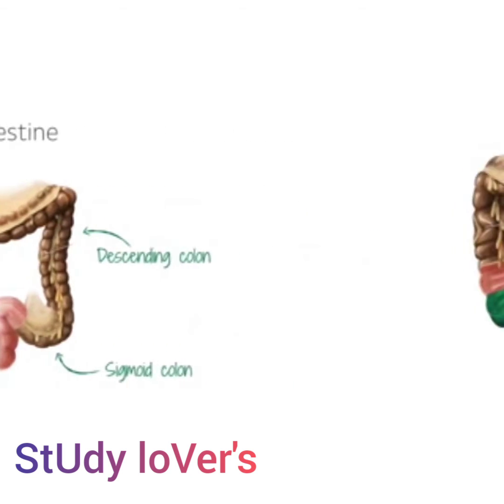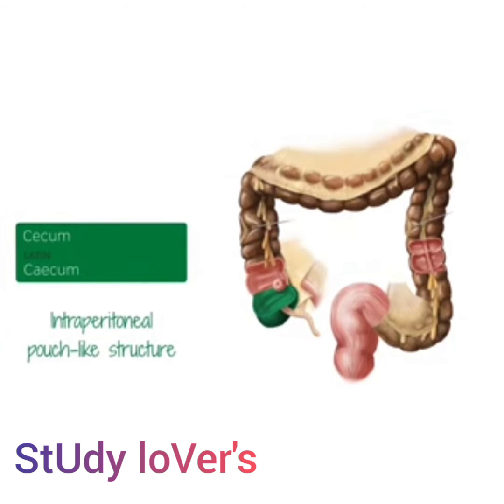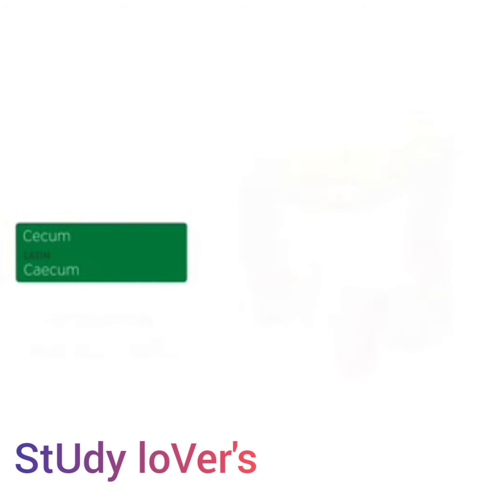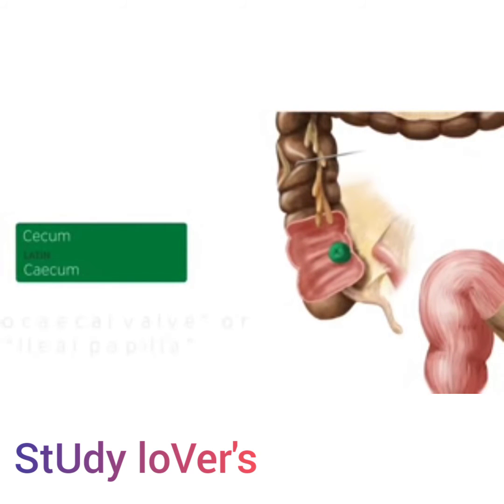The first part of the large intestine that we'll talk about is the cecum. This is an intraperitoneal pouch-like structure that is about 7.5 centimeters in diameter. It is usually in contact with the anterior abdominal wall and sometimes may cross the pelvic brim to lie in the true pelvis. In the superior border of the cecum, we can see this invagination, known as the ileocecal valve